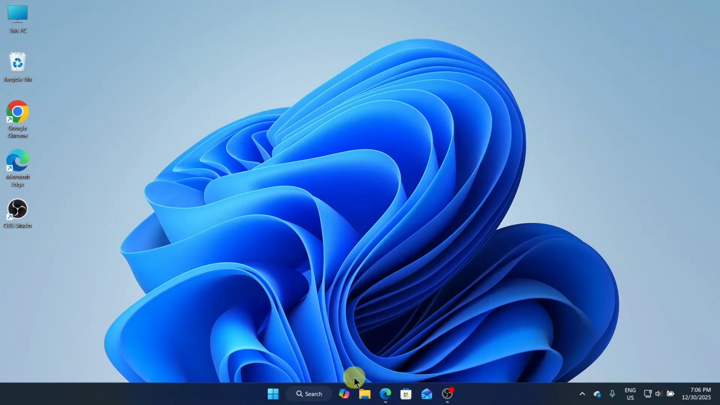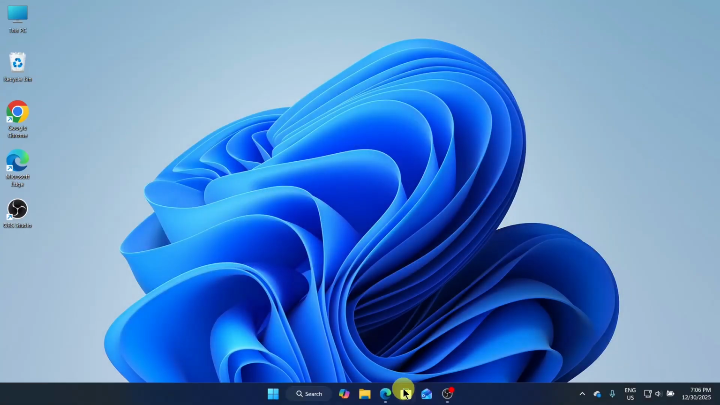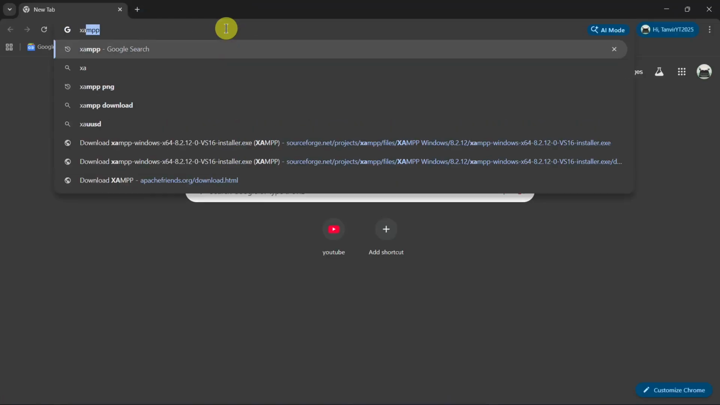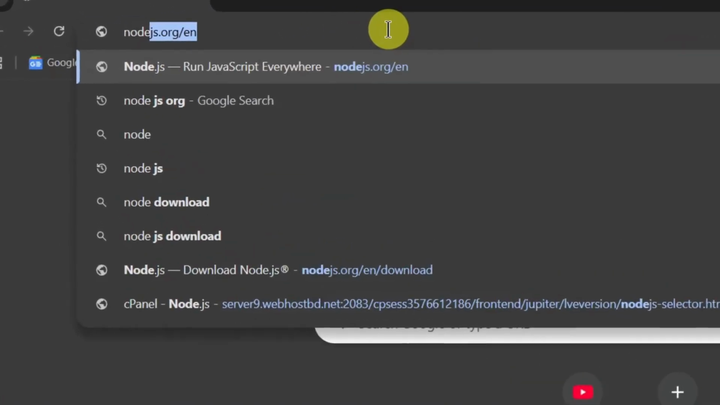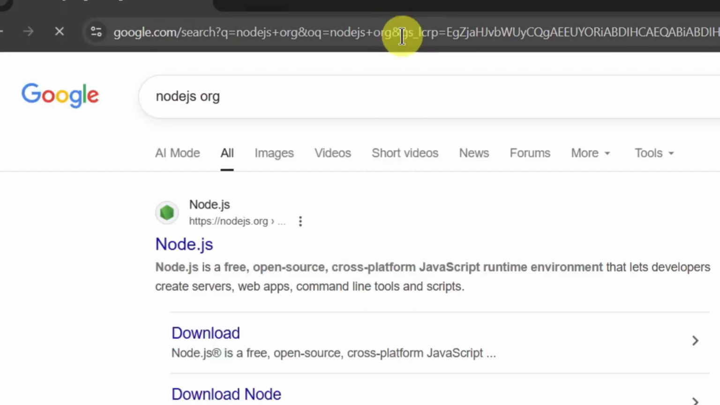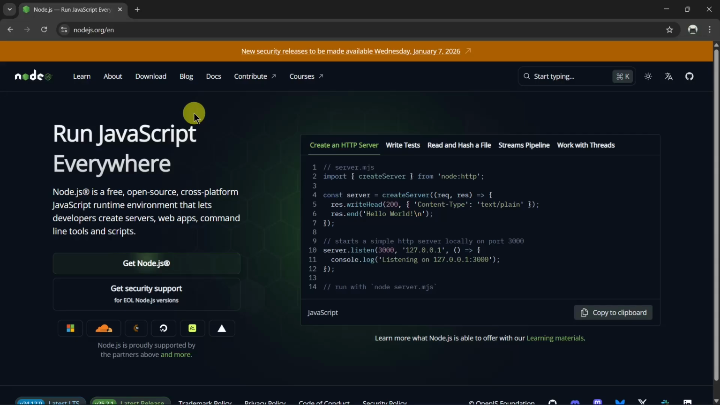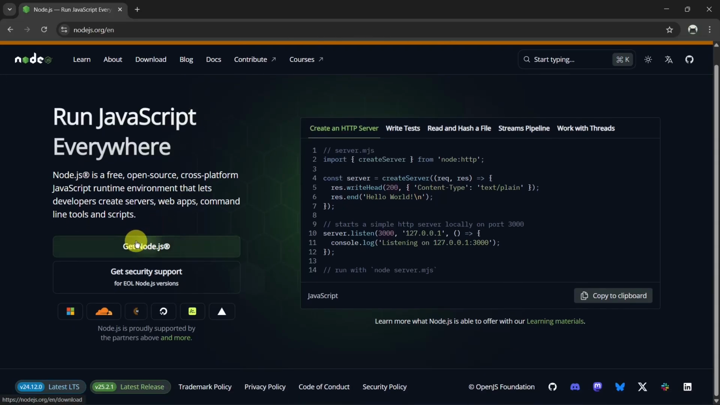In this video I'm going to show you how you can download and install Node.js on your PC. So at first you have to go to the browser. Let's go to the browser, and from here you have to go for Node.js. Type nodejs, then press org, and here you will find nodejs.org. Go to the link, and here you have to click get Node.js, or you may click here